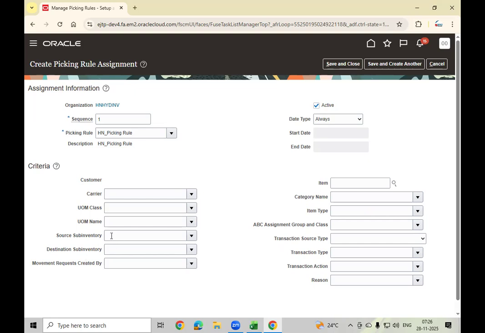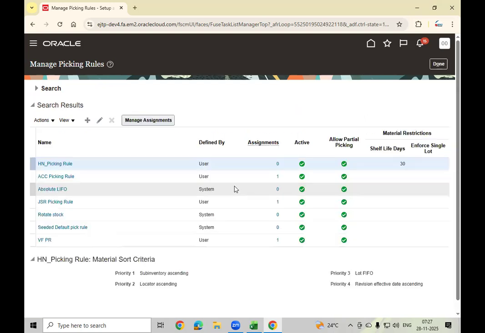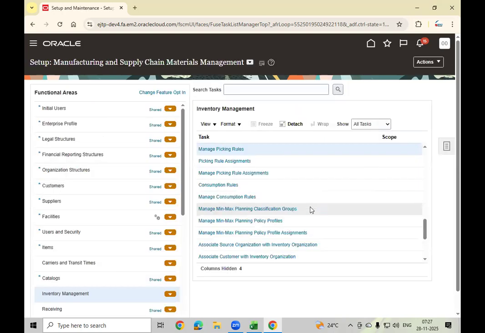If you specify a source sub-inventory, then there is no use defining this rule, right? Here, this rule we defined across the sub-inventories, across the locators, revisions, and lot. Then save and close. Done. So this is the picking rule. So next rule,